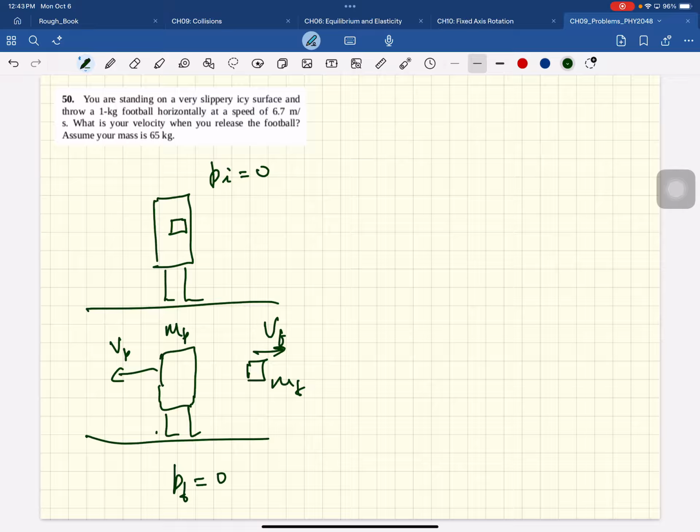And so you want the final momentum to be 0 as well. So mass of person, velocity of person, plus mass of football, velocity of football. So velocity of person would be